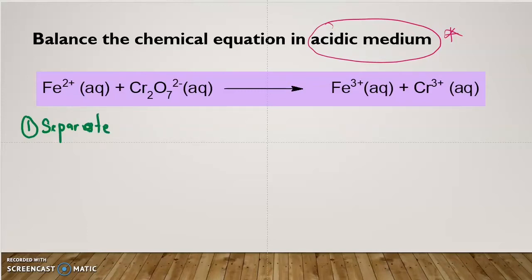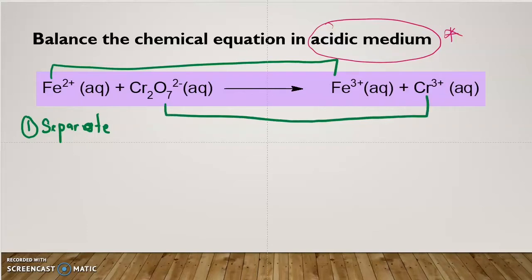Separate means you have to split. Ferrum with ferrum, and then chromium with chromium. So we will have two equations, or we call them two half equations. The first half equation is Fe2+ aqueous becomes Fe3+ aqueous, and the second one is dichromate ion